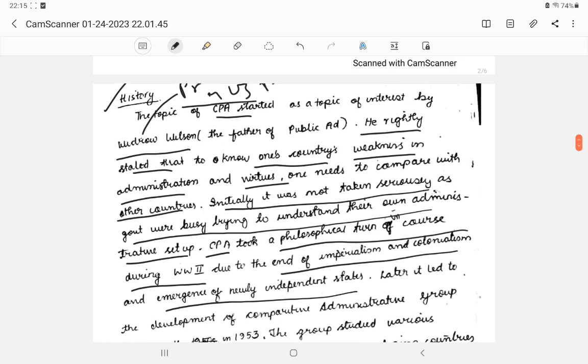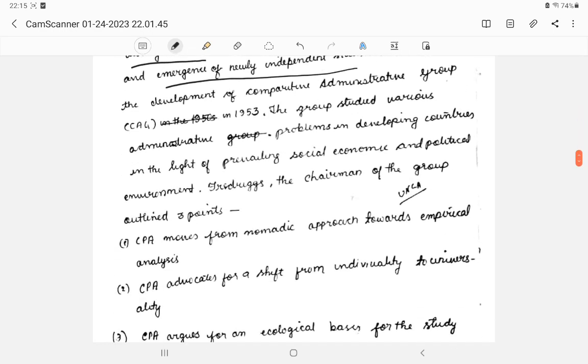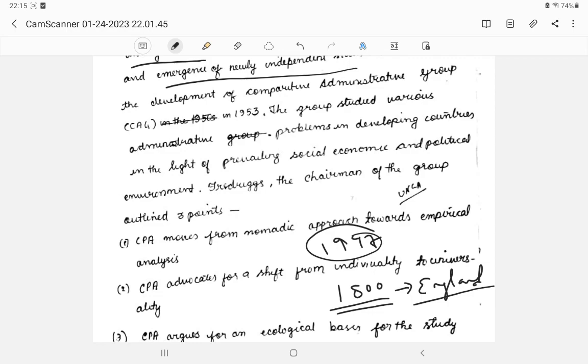Prior to the 1800s, almost all countries were under England, under imperialism. India got independence in 1947, and the US got independence in the late 1850s, and also